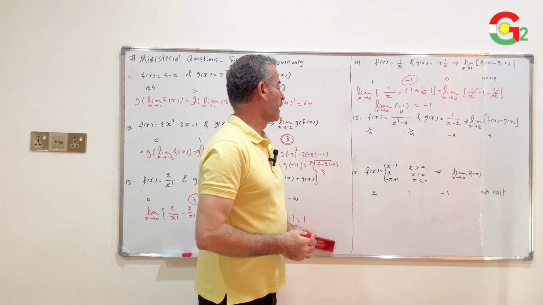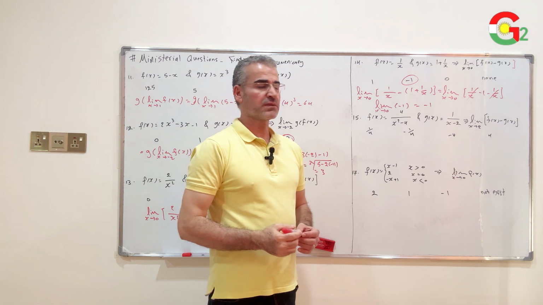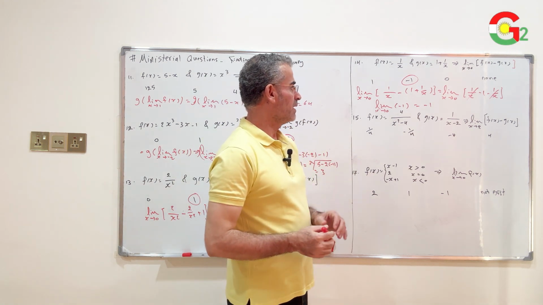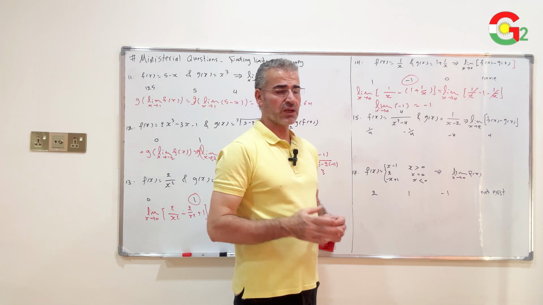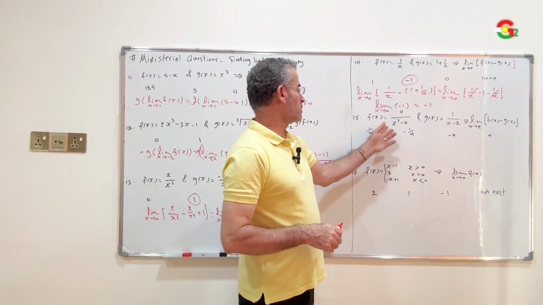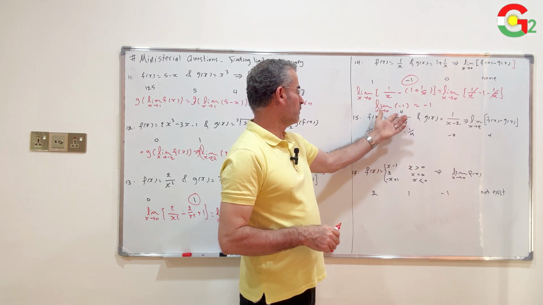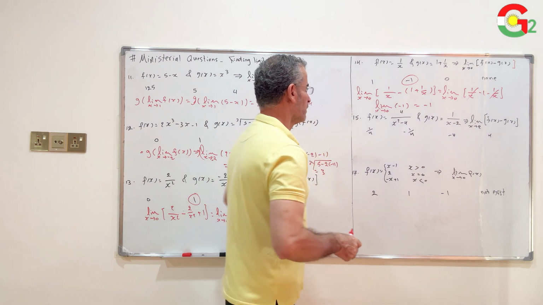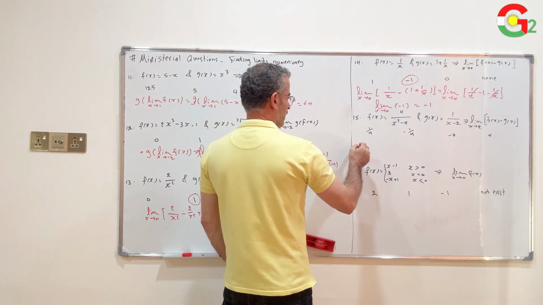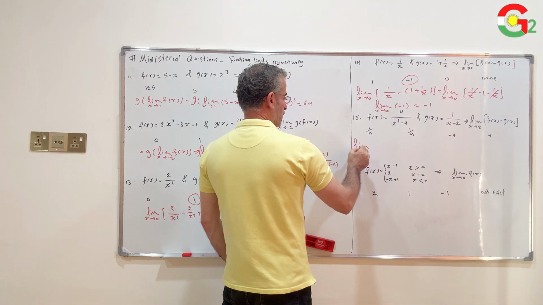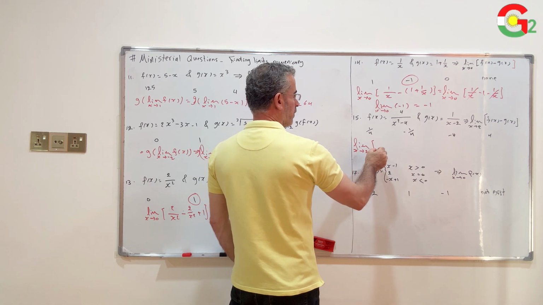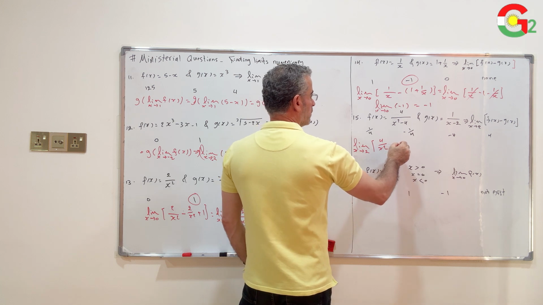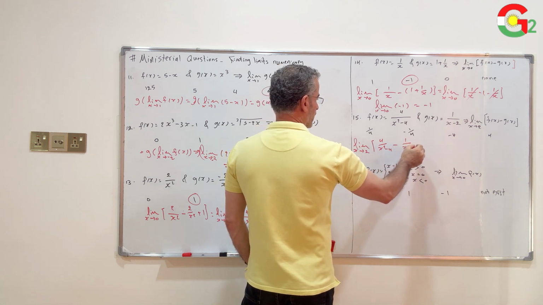Number 15, f of x equals 4 over x squared minus 4, g of x equals 1 over x minus 2. Find the limit of f of x minus g of x when x approaches 2. Also, if we take it separately, 4 over 4 minus 4 is 4 over 0, and 1 over 2 minus 2 is also 0 in the denominator, so we will find it together. The limit as x approaches 2 of f of x, 4 over x squared minus 4, minus g of x, 1 over x minus 2,